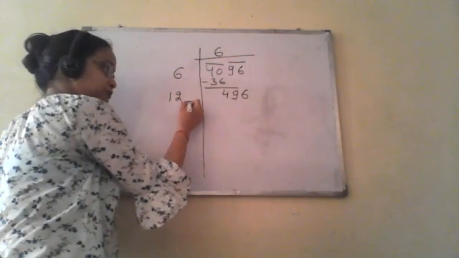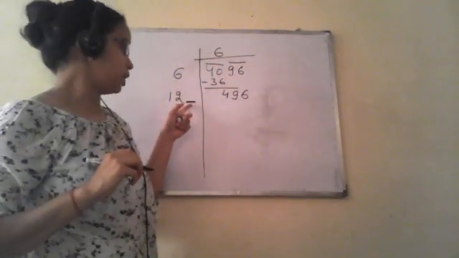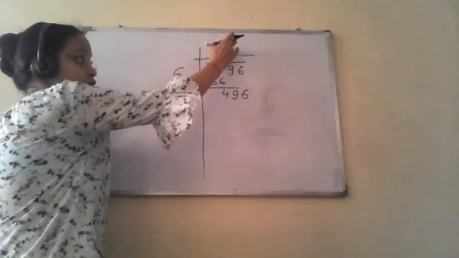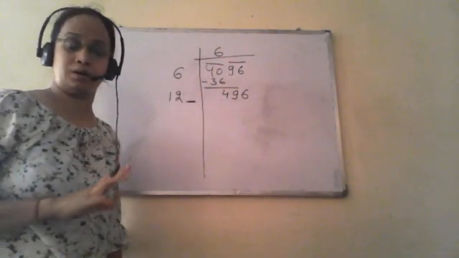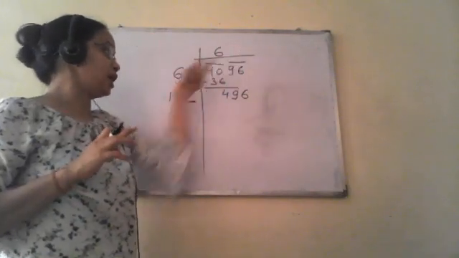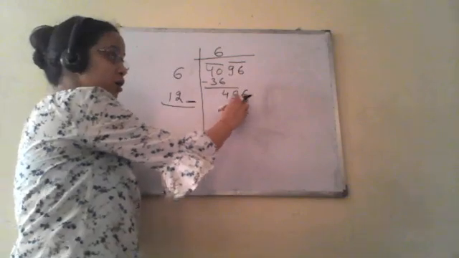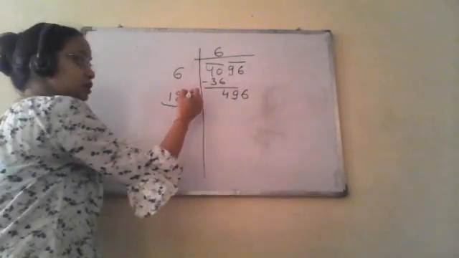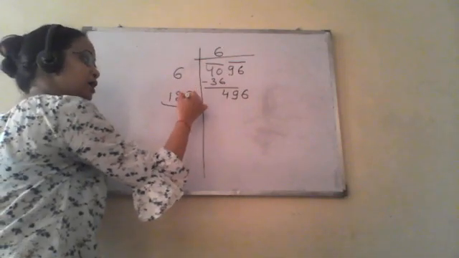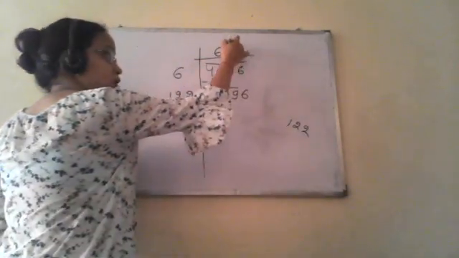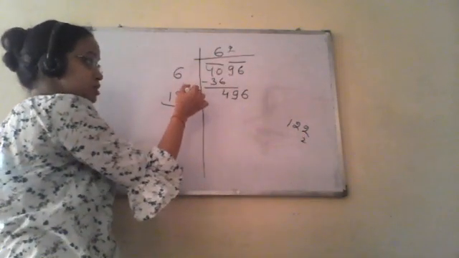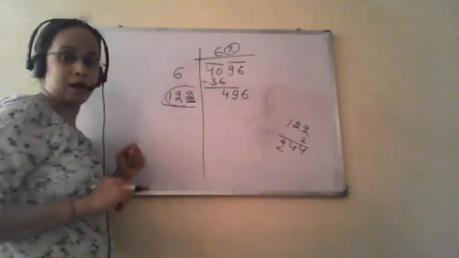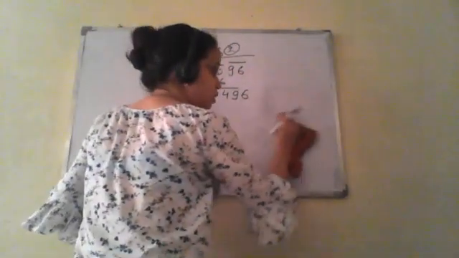Clear? Now we have to think of a number to fill this blank, and the same digit has to be put in the quotient, so that the product of this whole number and this digit will be either equal to 496 or less than that, and cannot exceed this 496, the dividend. Suppose we write 2: this is 122, and again we have to put 2 in the quotient. The product of 122 and this new digit should not exceed 496. This is 244, and that is very much less than this.